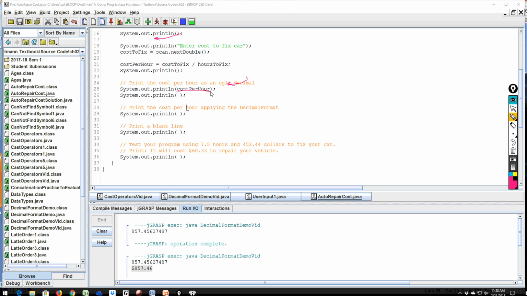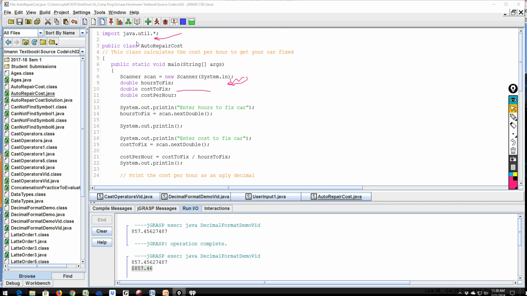So you don't have to do anything with that. So let's go back up here. So you have to go 1, you're going to do the import statement. 2, you're going to do the decimal format object. And then 3 is you're going to